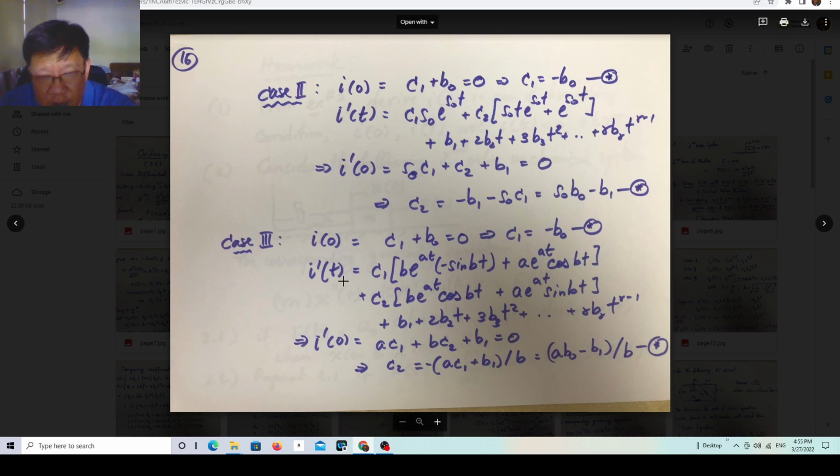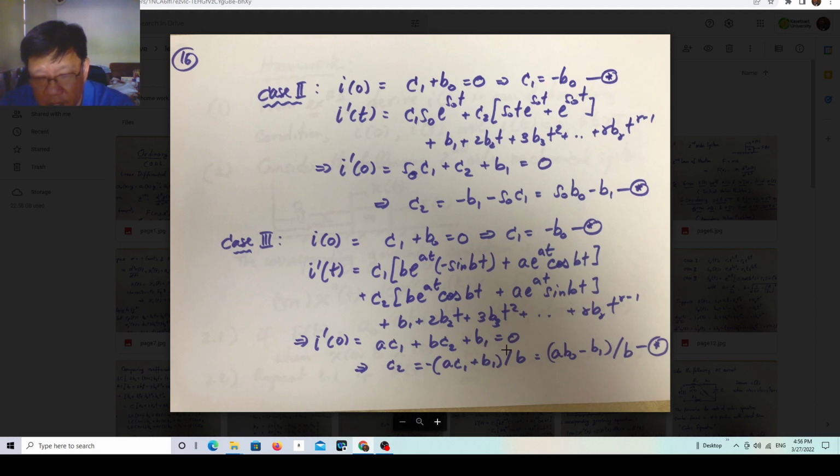And then you substitute t equal to 0. When t is equal to 0, the terms with sine are all 0. With cos it becomes 1 and e to the 0 becomes 1. So this one, and you need to make sure that your particular solution is in the second order form. So when you substitute this at time 0, you get this. The first term becomes a times c1. The second term becomes b times c2, and the remaining part of the particular solution is similar in all cases